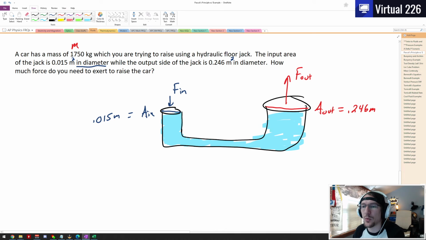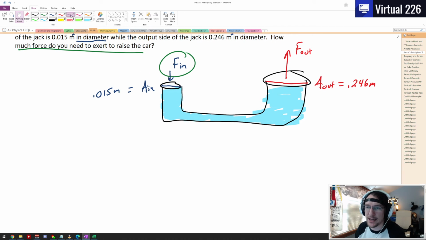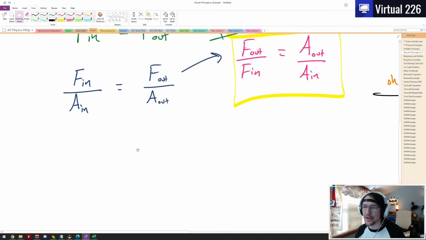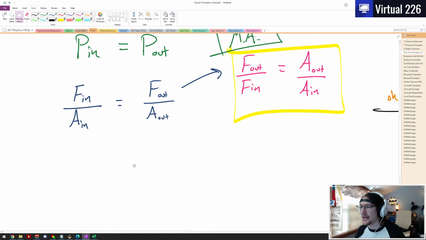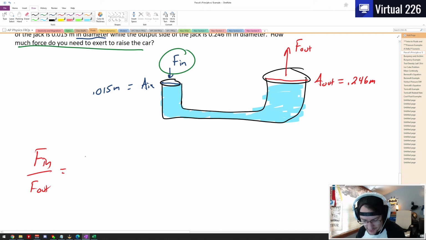Okay. What we need to figure out is how much force do we need to exert in order to raise the car? So what is our input force here? So let's just work through our mechanical advantage equation and solve this out. We know that we can say, looking above, F out over F in equals A out over A in. So if we take the reciprocals of that, we can quickly say that F in over F out equals,